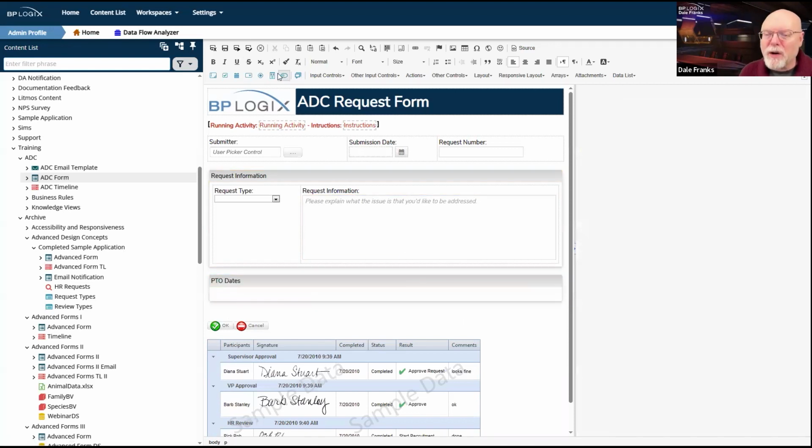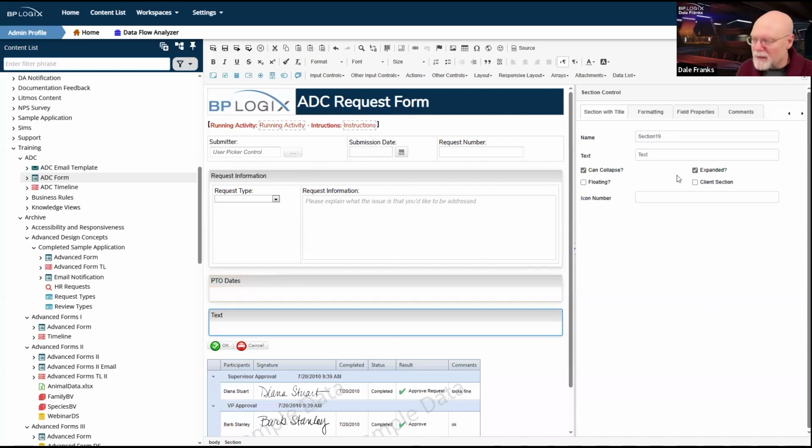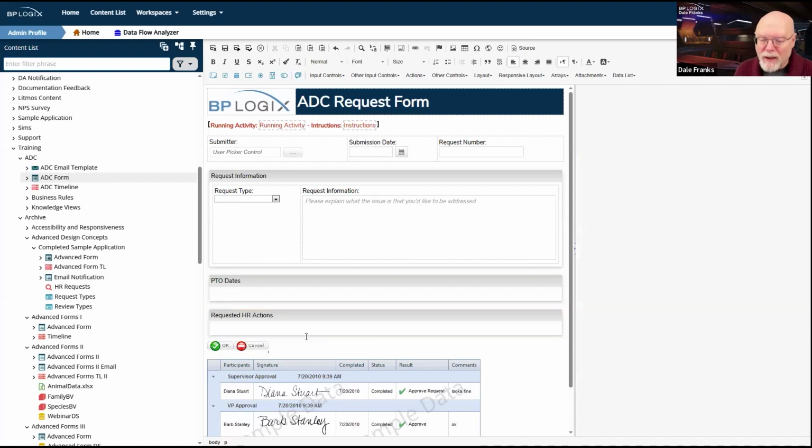And then I'm going to create another section, which we'll call section HR. We'll say requested HR actions as the text. And we'll have to go down another line.